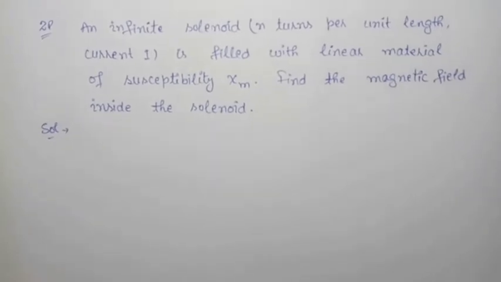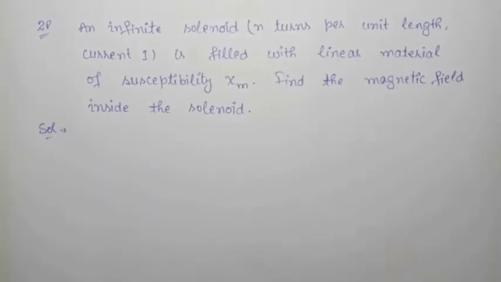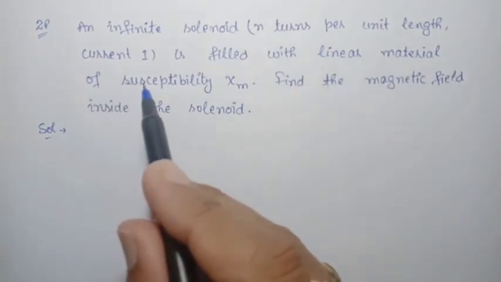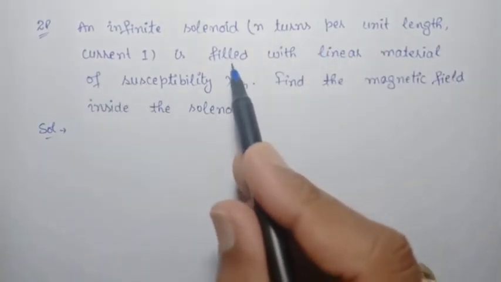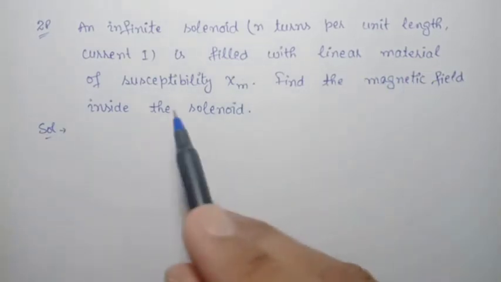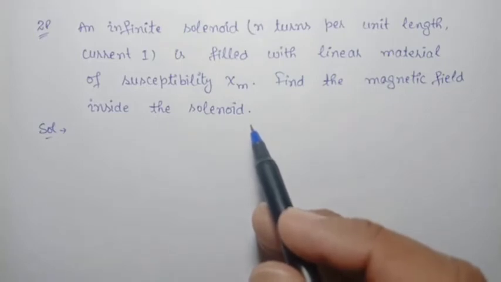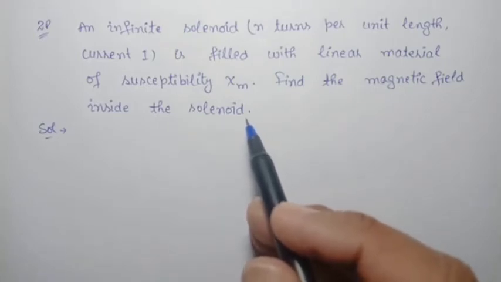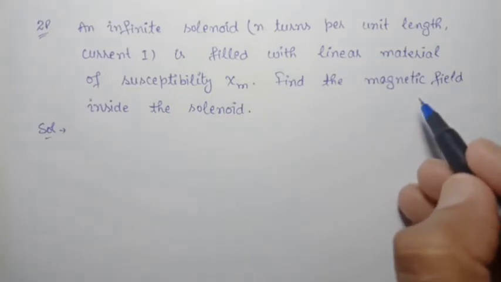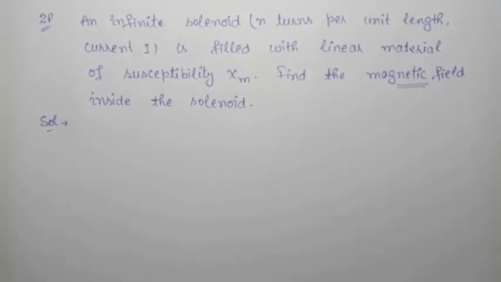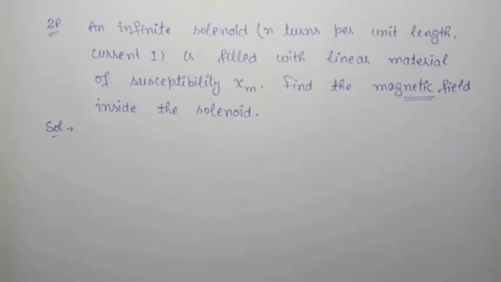The second problem is an infinite solenoid. In the solenoid we have n turns per unit length and the current is I. This solenoid is filled with linear material of susceptibility chi m. Find the magnetic field inside the solenoid. So here we are interested in finding the magnetic field, that is B. So as per our problem,